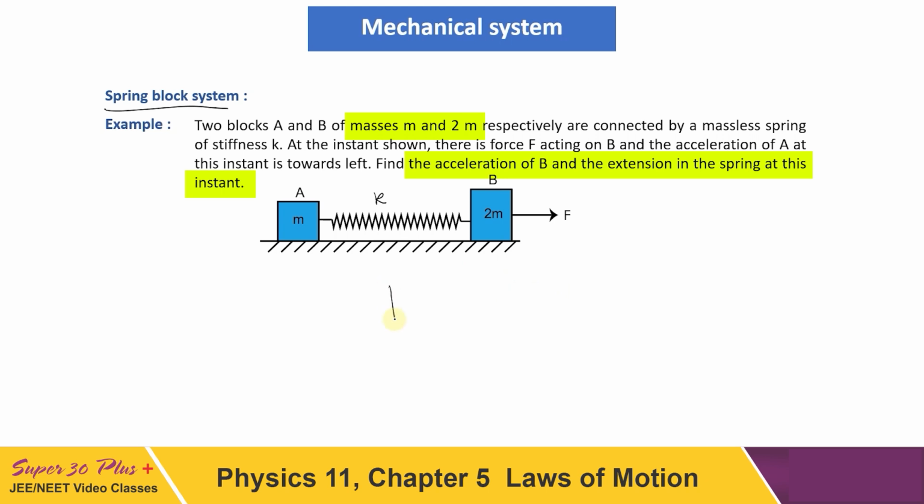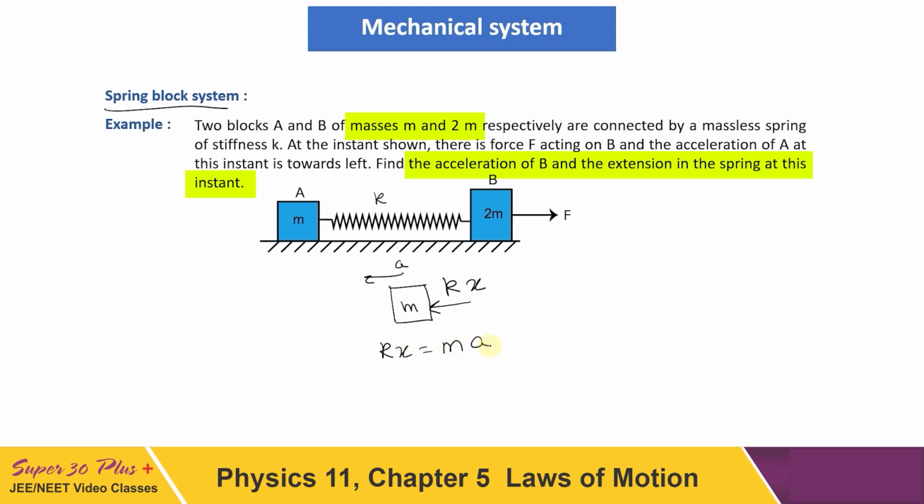So let us consider that particular instant when m is moving towards left. Let it have some acceleration a. Of course, if compression is there in the spring, then the force due to the spring has to be in this direction. Let that be equal to kx, where x is the compression in the spring. The other forces are vertical, mg and normal from the floor, which have no significance in this problem. They cancel each other out, so I am not showing those forces. For the left block, we can write kx is equal to ma.